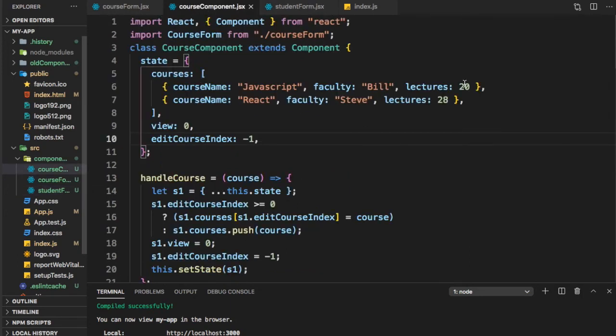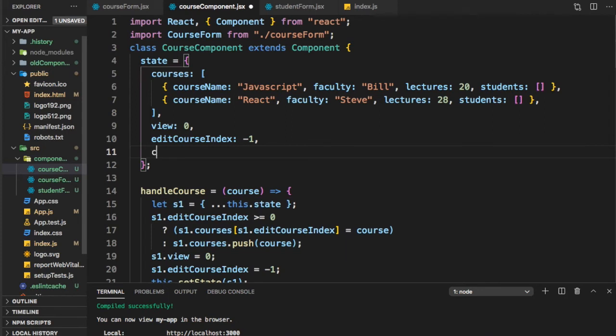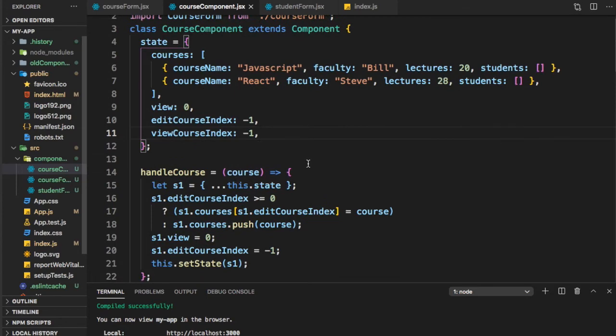So first in the courses, let's just add students as an empty array. So in both, let's add it as an empty array. We also wanted to get a course, or let's call it view course index. So the course we are viewing, and let's say it is initially -1 again. So those were the two things we wanted to change.